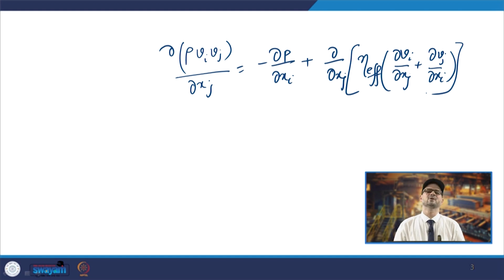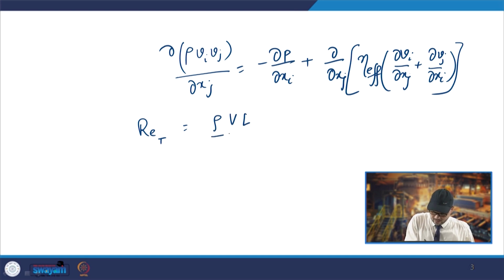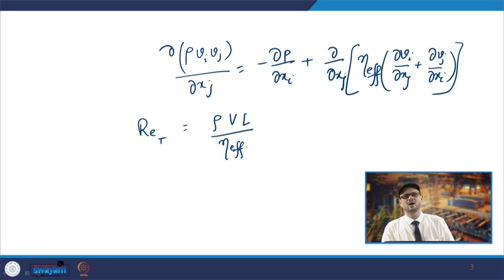In the laminar case you are getting the Reynolds number, and in the case of the turbulent flow you have the origination of the turbulent Reynolds number, and that is denoted by Reynolds number T. So, that is your turbulent Reynolds number, and it becomes rho VL upon eta effective. So, that is how this dimensionless number is defined,